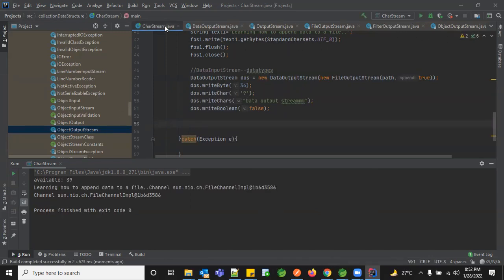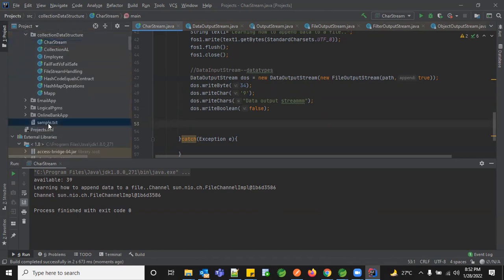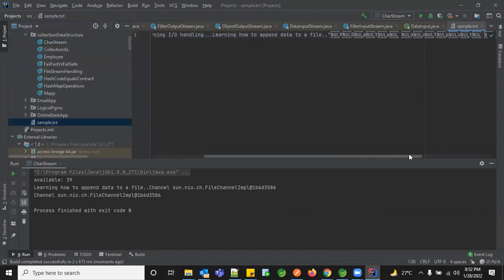So let me open the file. If you see, your data set has been printed, but it is not very clean. If you see, everything is like D, and then here I have data, and here OUT, output, so data output stream, STRA stream. So the structure is a little different, right? It's not like what we usually print in text format. It's a little different when we try to append your data. So how are we going to use this? How will this particular data set help us to read the data?